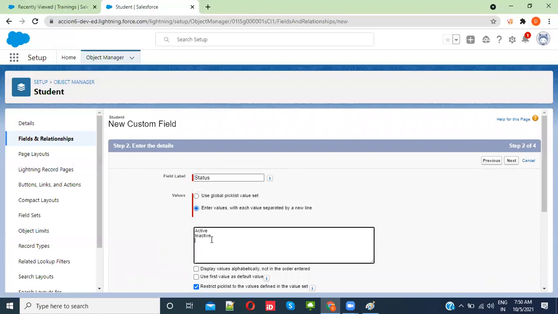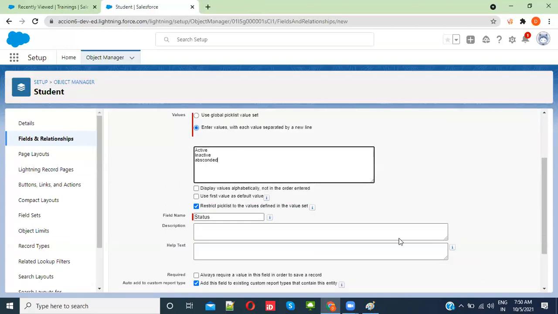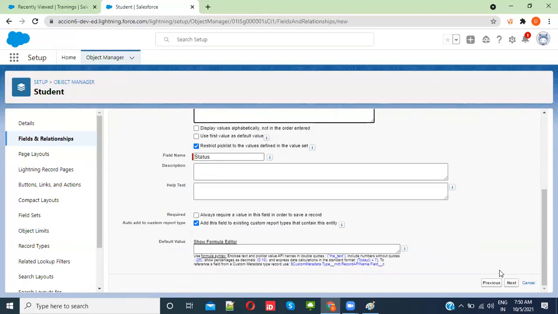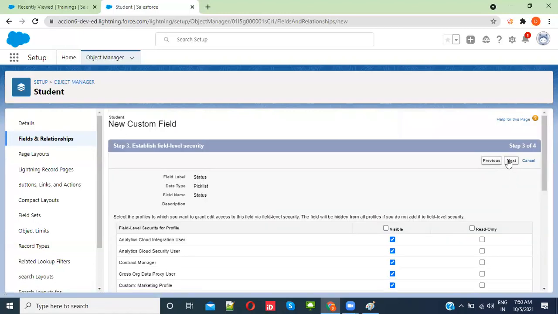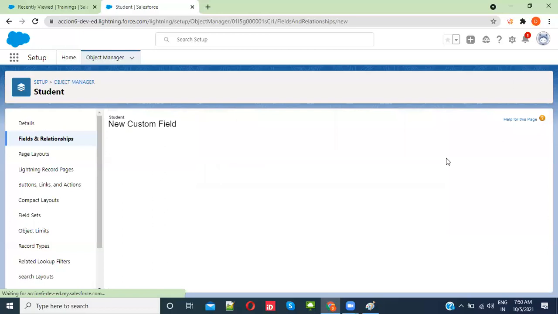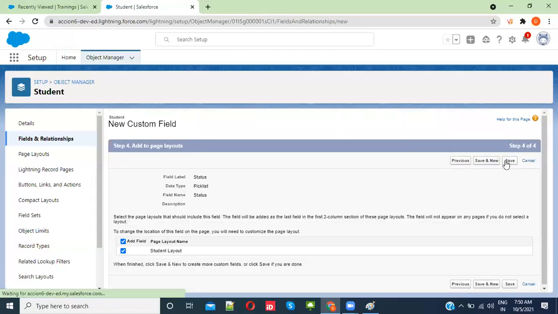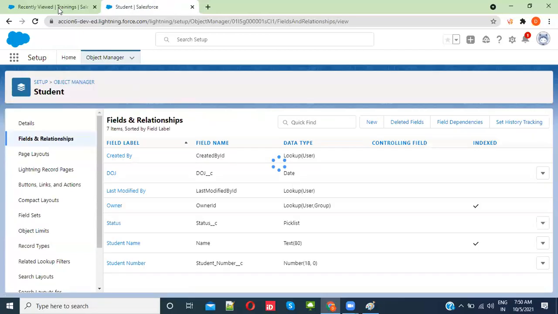Active. Okay, so now we have created all the fields and everything.